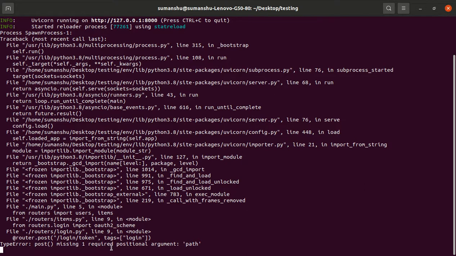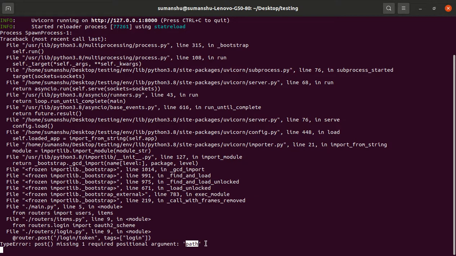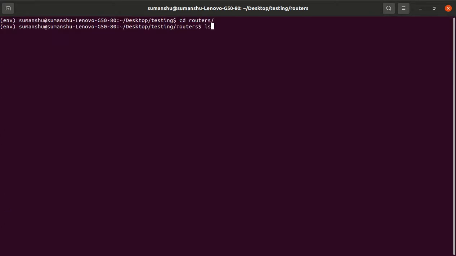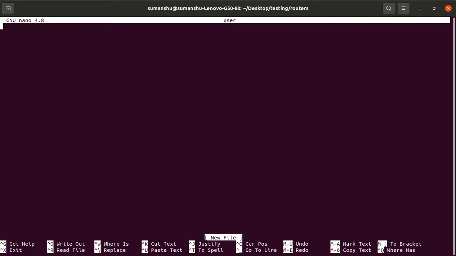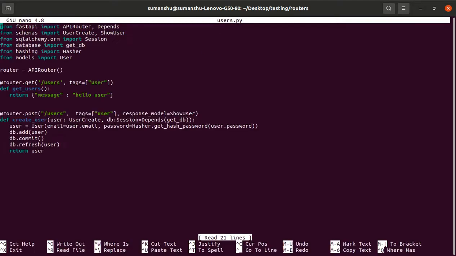Missing one positional argument: path. What is the missing positional argument path? Let me check. Control X, nano users.py. What is missing?